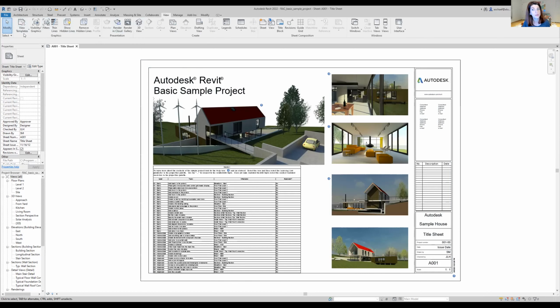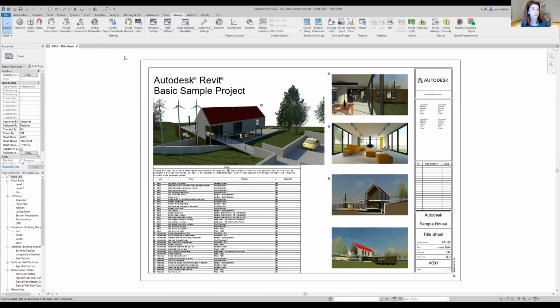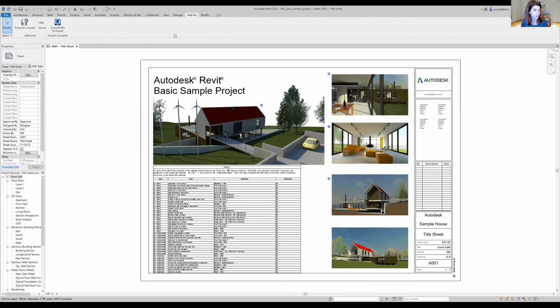We have view. So this talks about whatever view is on your screen and active at the time. Manage allows us to look at material libraries and links and things like that. Generally speaking, you won't have to do too much of that in the very beginning. We have add-ins, different companies use different add-ins. And then we have modify,